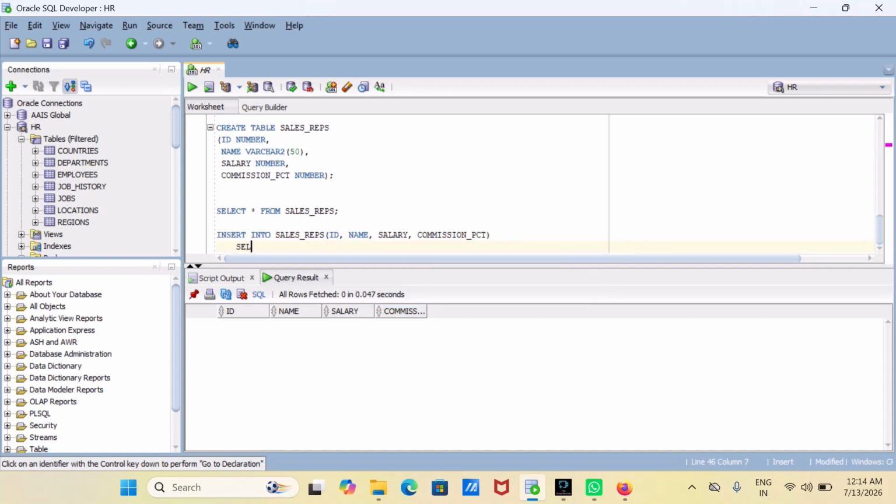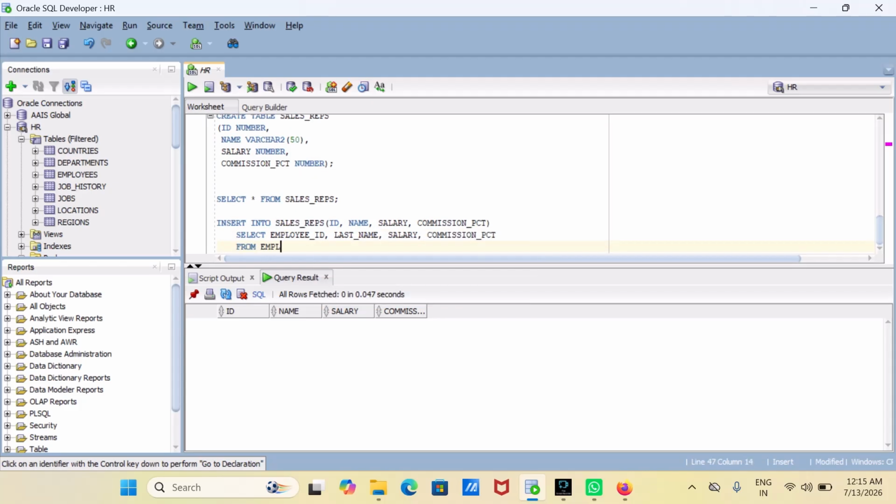Then we write select. Now see, the first column is ID, so we put employee ID. The second column is name, so let us put the last name. The third column is salary, we will put salary. The fourth column is commission PCT, and we will put the commission PCT. Now from employees,